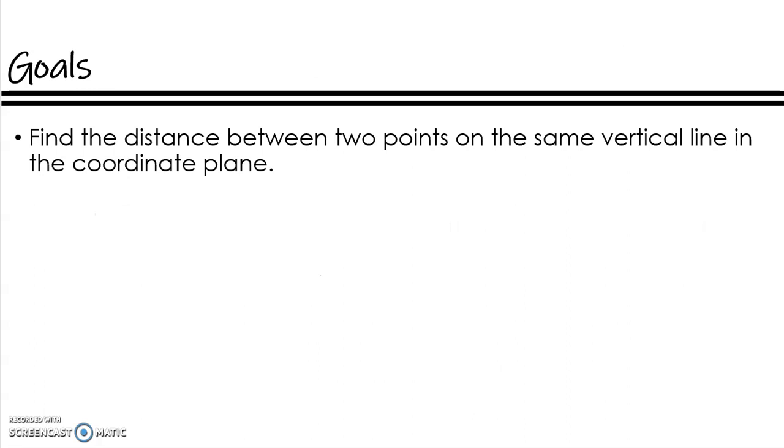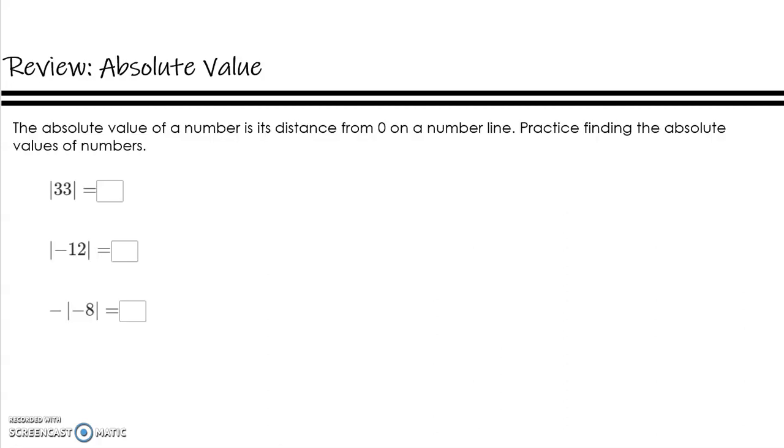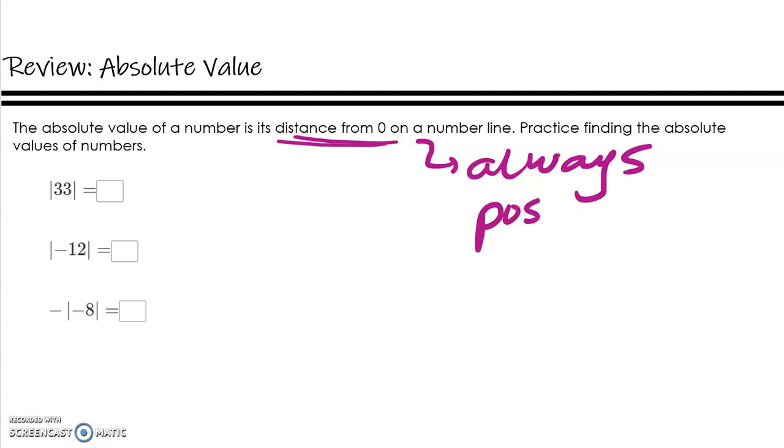Our goal for this video is to find the distance between 2 points on the same vertical line in the coordinate plane. Before we get started, let's review absolute value. Remember that absolute value is the distance from 0 on a number line. Okay? Distance cannot be negative. Distance is always positive